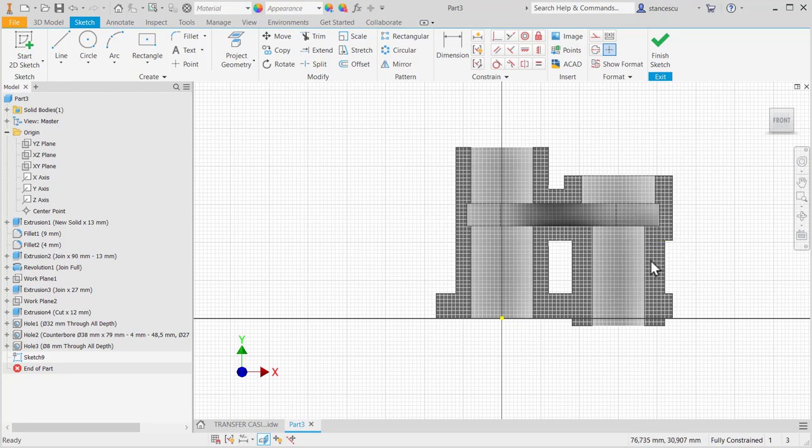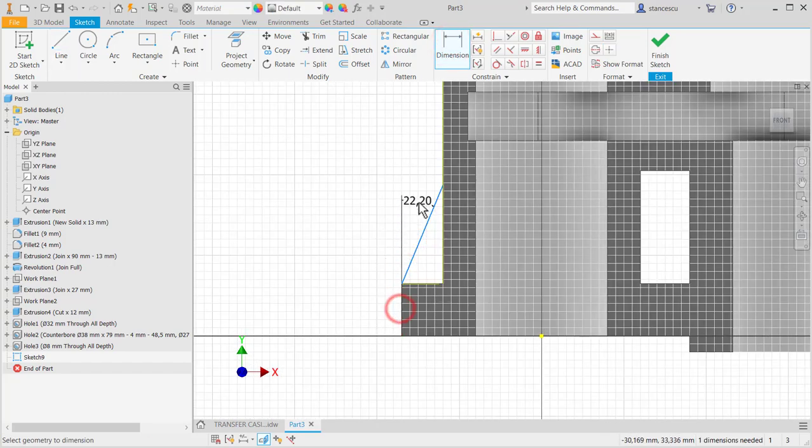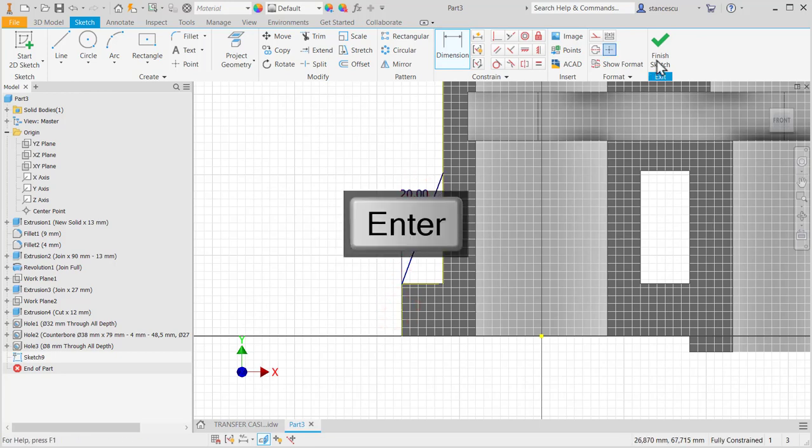This is the real section, and now line from this point, selectable point, to the generator. Dimension 20 degrees. Okay,